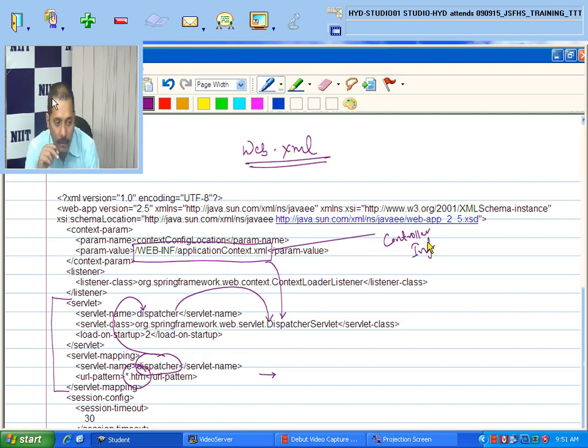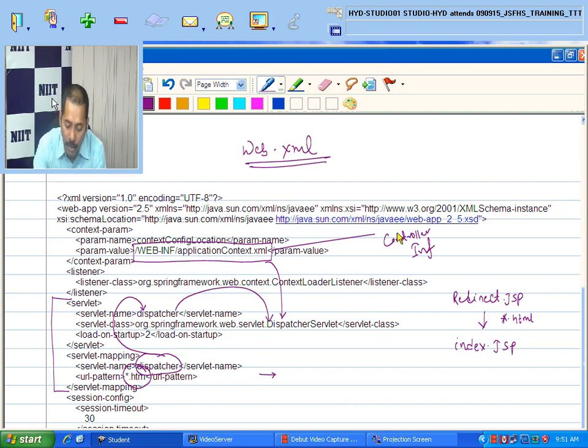Okay, the application context file will contain that particular information. That is why from the redirect.jsp file it will move to the index.jsp page. But how is it moving? When your redirect.jsp page is loaded the first time, response.sendRedirect will be called with index.htm, and the index.htm file, in your application context module, will take the controller information and try to call the index.jsp file itself. That is exactly how it is going to be called as part of your Spring based